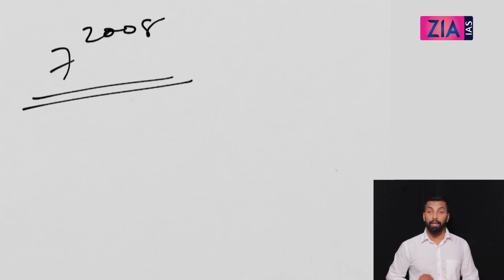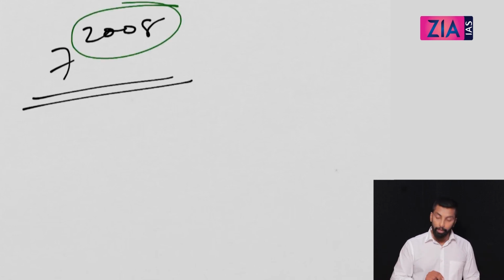Now 7 raised to 2008, it was a CAT question, actual CAT question. You can tell me the year, right, by looking into this. The 2008 question. So how will you solve? This is the easiest you can get, or the easiest I'll ever discuss also. Last two digits is what you need, right? So what power of 7 will give you 1? Okay, 7 raised to 1 will be 7.